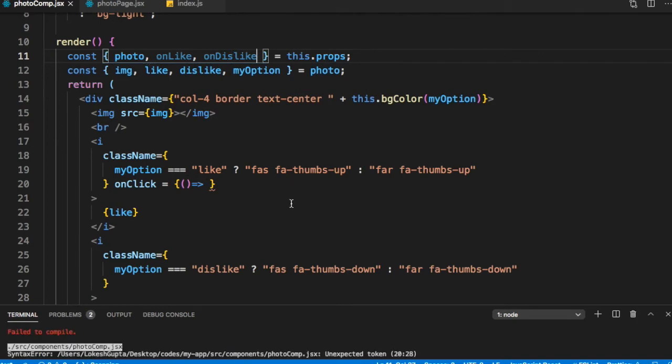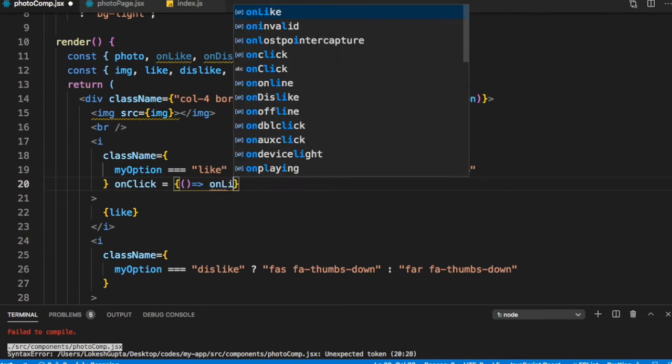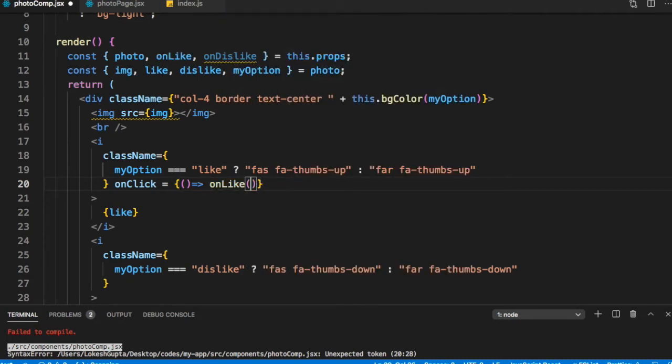So let's say we get two functions passed as parameters. So here we can call onLike, and what is the parameter it passes? It can pass the photo, or it needs an ID, or it can pass even the index or something. So what should we pass as a parameter?